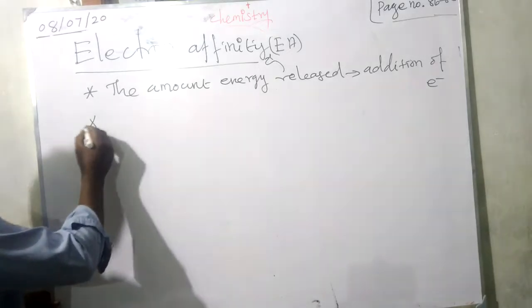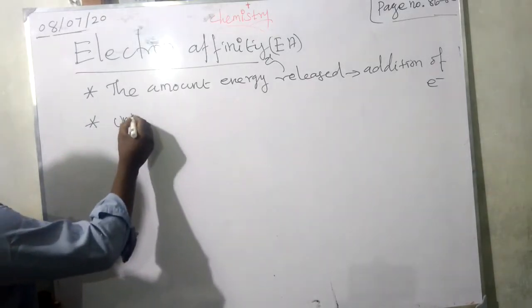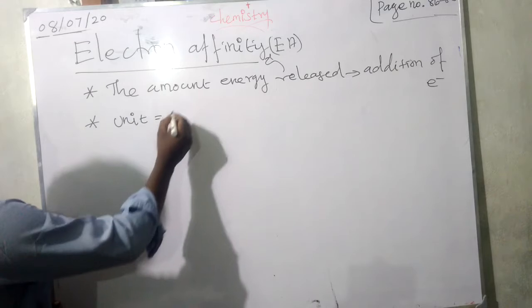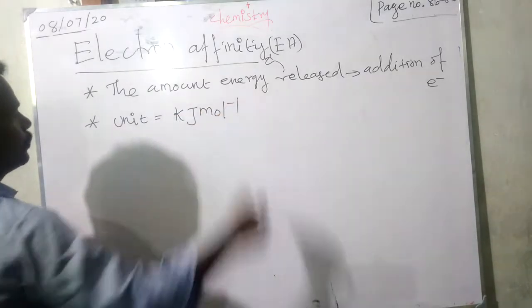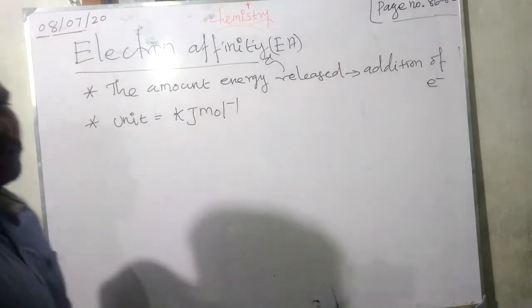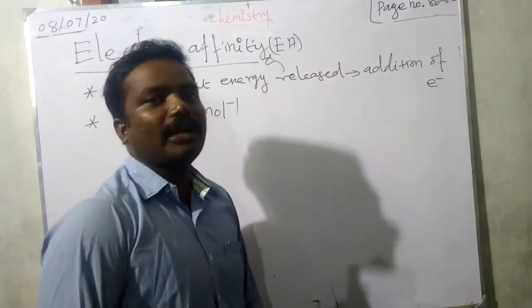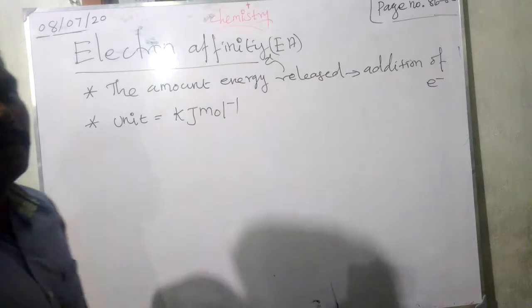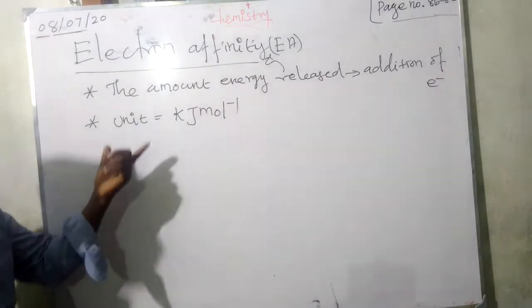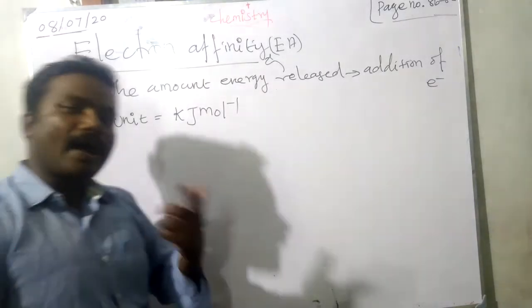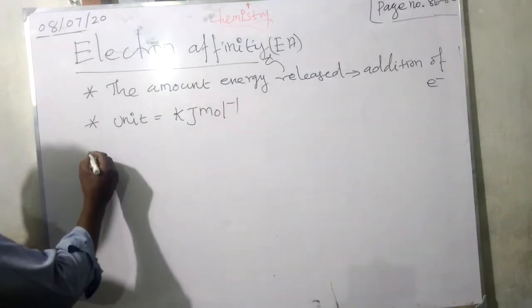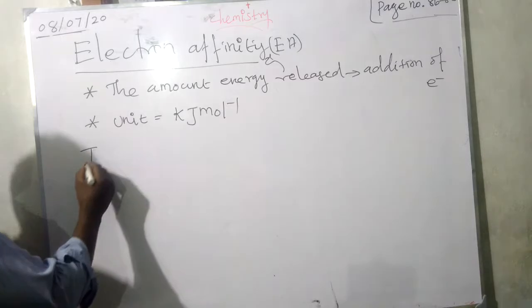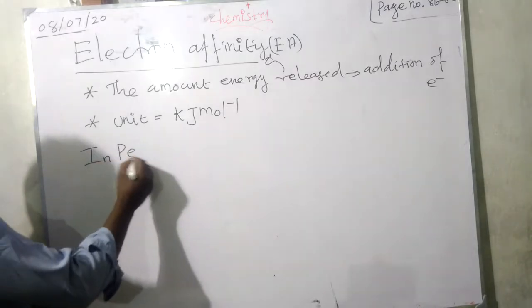So the next point is, what is the unit of electron affinity? The same unit you may have studied for ionization energy also: kilojoule per mole, kJ mol⁻¹. What is the unit of electron affinity, my dear students? Kilojoule per mole. The same unit we use for ionization energy also. Right. Here we are going to learn period wise